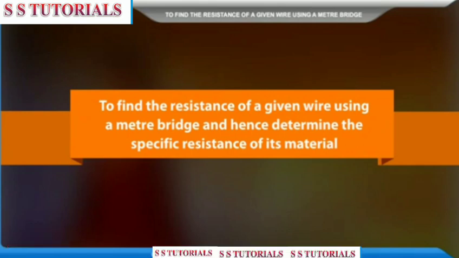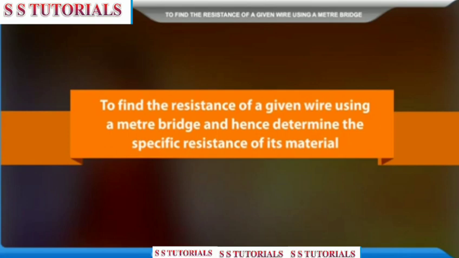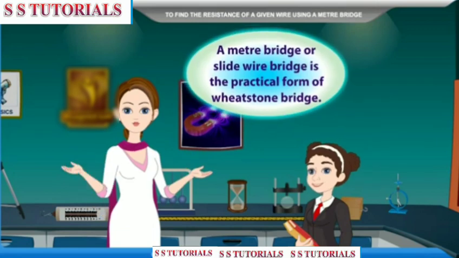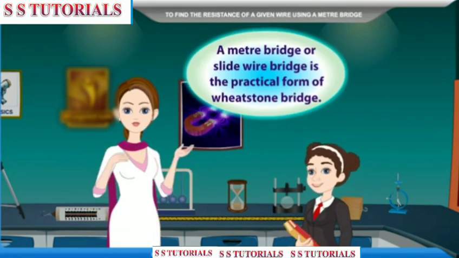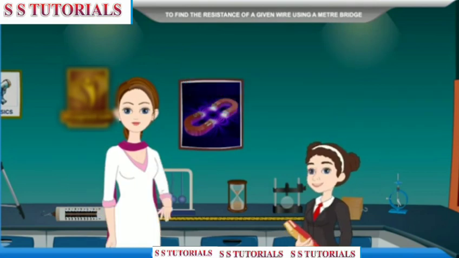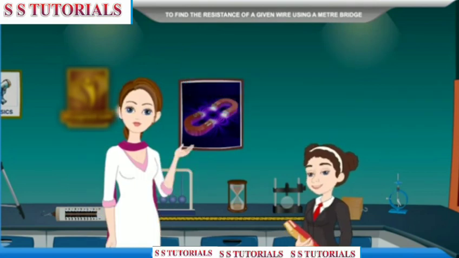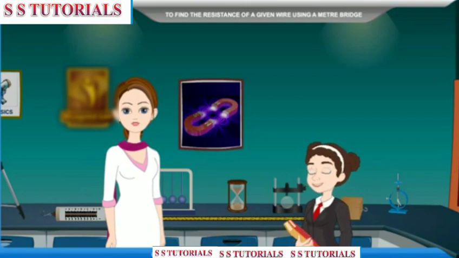To find the resistance of a given wire using a meter bridge and hence determine the specific resistance of its material. A meter bridge or slide wire bridge is the practical form of Wheatstone bridge. If the resistance applied by the resistance box is R and no deflection in galvanometer is obtained at point B